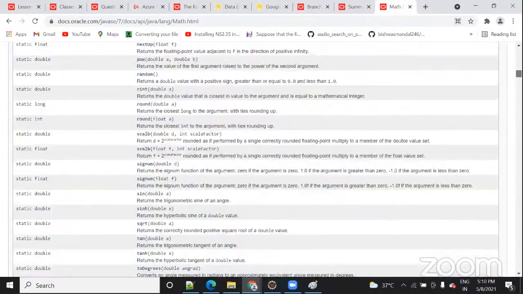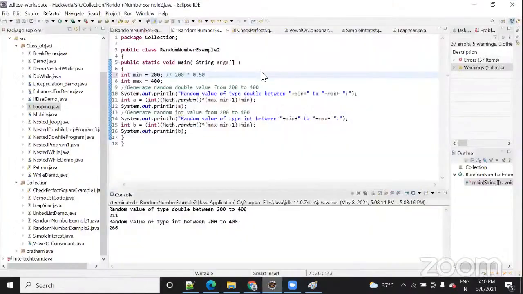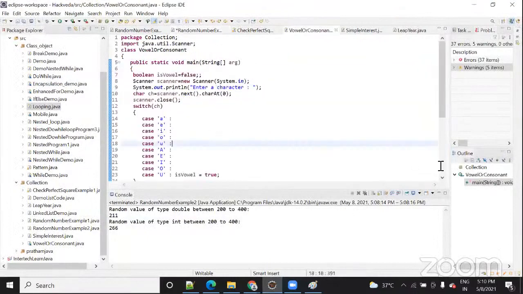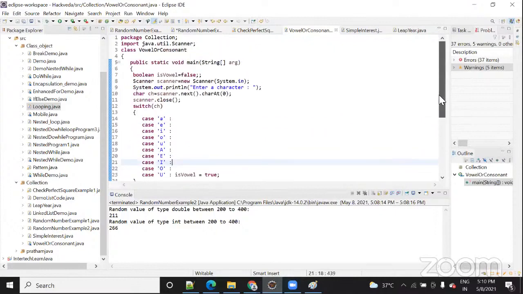I think the easy ones you can try are max and min, and you can try power. Similarly, have you ever worked on switch case? Then it might be easy for you to practice on this switch case. This is the same here.